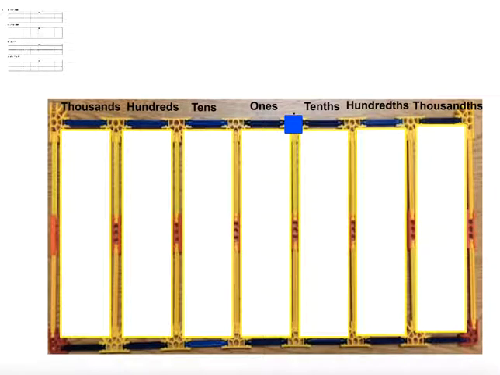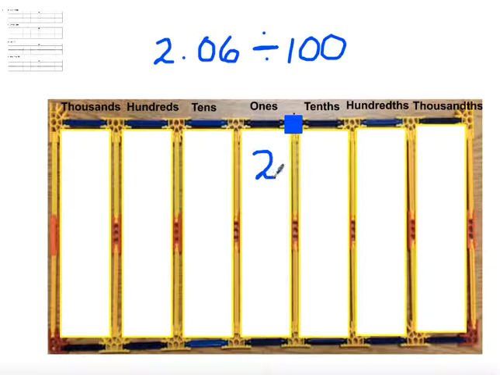The concept is the same thing with division, except that now I'm shifting in the other direction. I'm getting smaller. So if I have, let's say, 2.06 and I'm dividing it by 100 or 10 to the second power, the first thing I'm going to do is set up this problem in the place value chart, represent it as